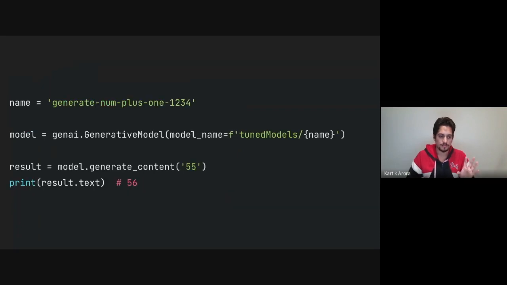Now, once that model is ready, we can run inference with this model. And because we tuned it for one intended task, that is increment the input, it does that beautifully. I've entered the input as 55. It outputs 56. In the next few slides, you'll understand the power of LLMs in understanding the context of training data. And please note, we've only used a single modality of training data, that is text. And from text itself, it can understand a lot of context. So you can imagine how much more powerful it becomes when you've got multimodality training data or input.